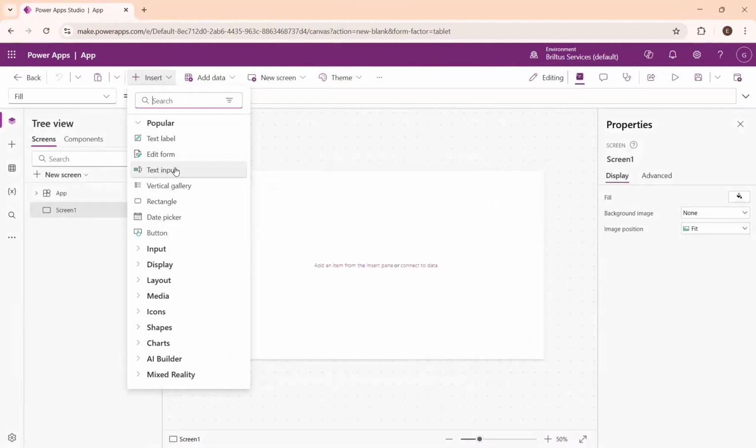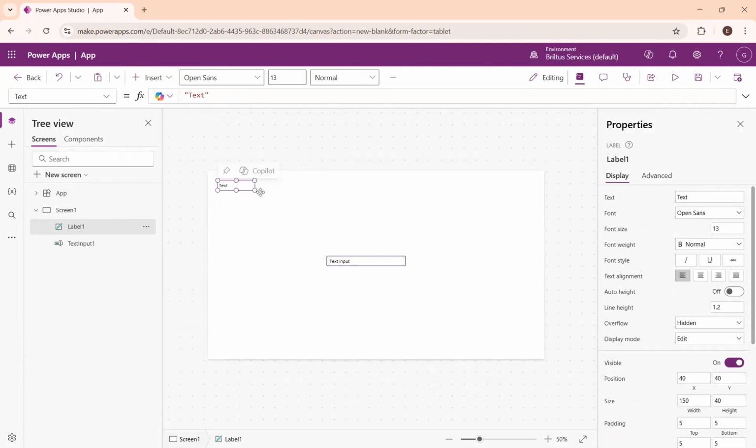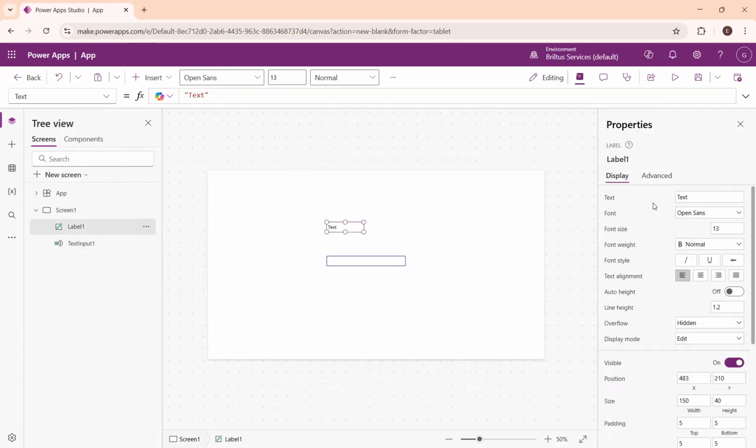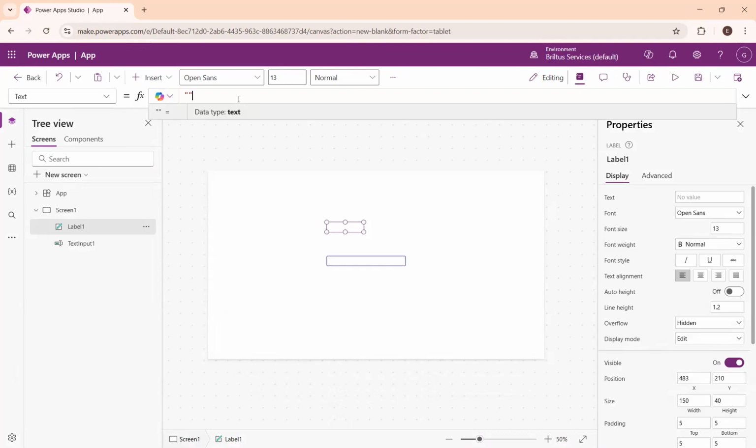clicking on insert, text input control, and a label. Removing the default value. And I have selected the label. In the text property, I'm writing the formula here. Let's use method 1 using ampersand. So double quotes, hello, keeping a comma here,